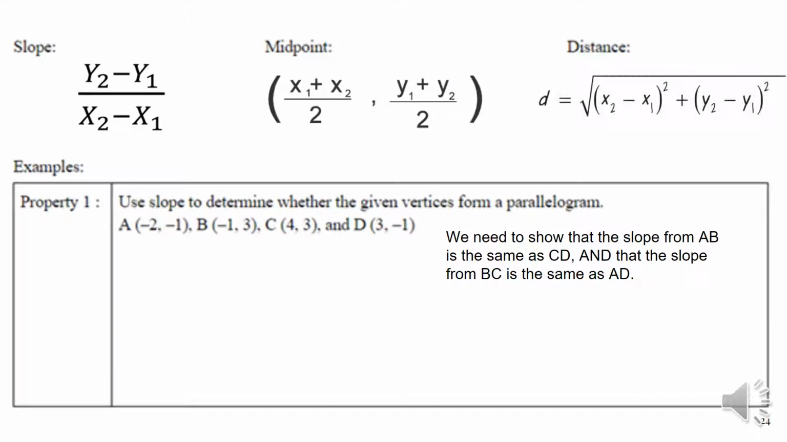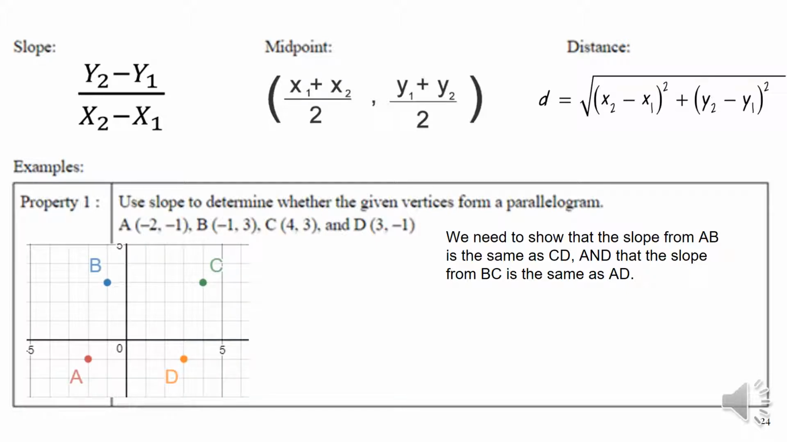The three formulas that really matter for this section are slope, midpoint, and distance. Anytime it gives you a problem, like the problem on the bottom of this slide, where you're given 4 points, you should probably plot the points first so that you know what you're dealing with. From here, we can kind of see that it probably is going to be a parallelogram, so we know what